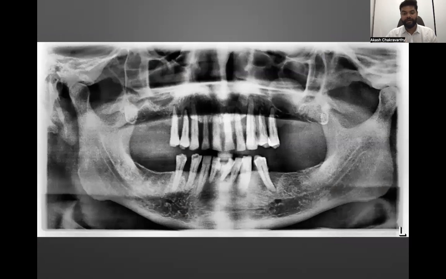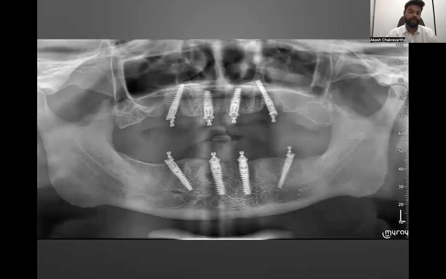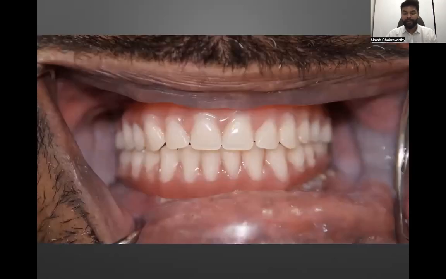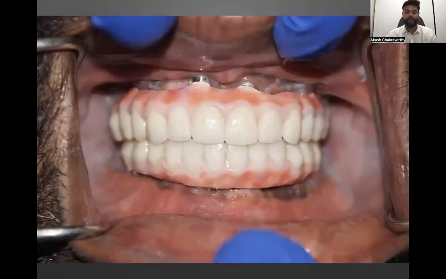So this is another case where the patient walked in, and he's a high-level employee at a very famous MNC in Hyderabad, an IT company. But he told me that I don't look the part. Obviously, he doesn't look the part. So this is his oral condition. We removed all the teeth. We went for all-on-4 implants. And this was his long-term temporary, and this was his mallow framework, that is a permanent framework. And now he looks the part.